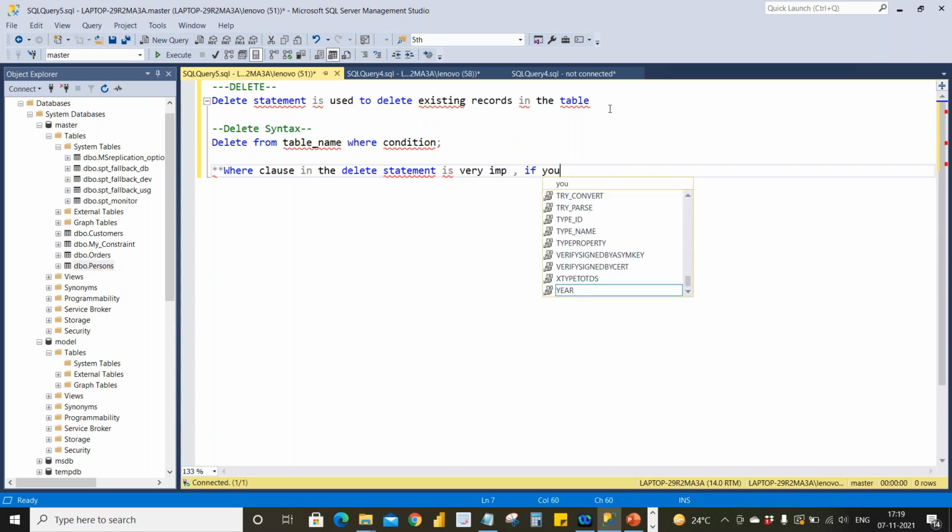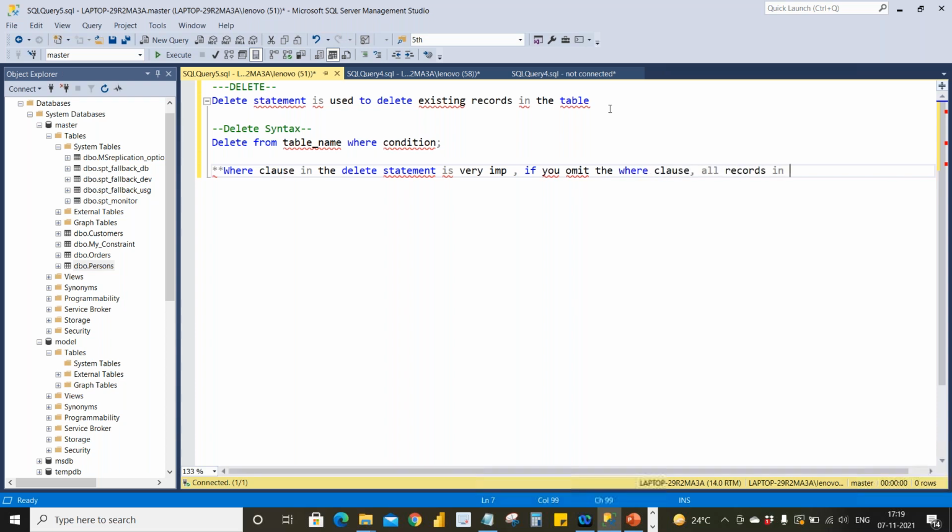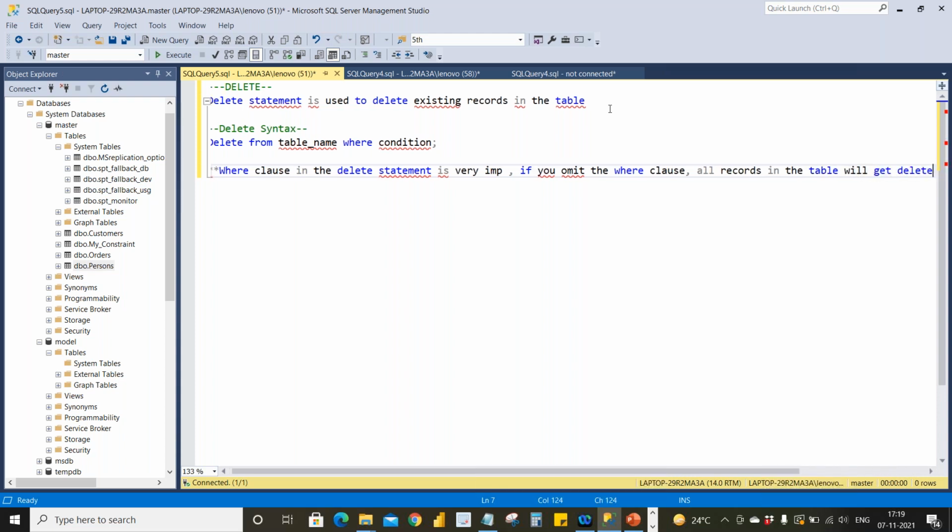If you omit the where clause, all records in the table will get deleted.